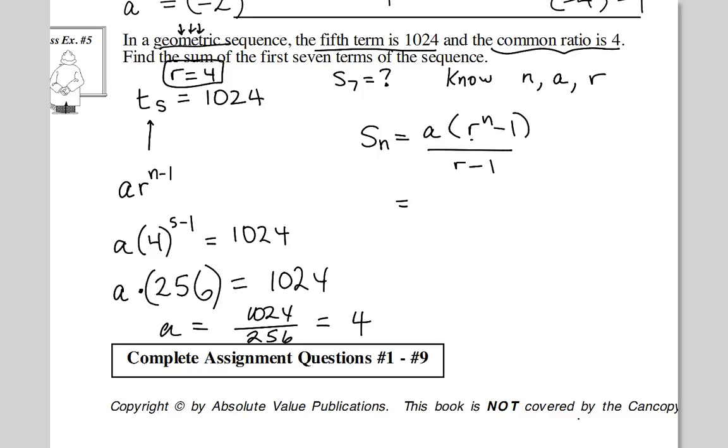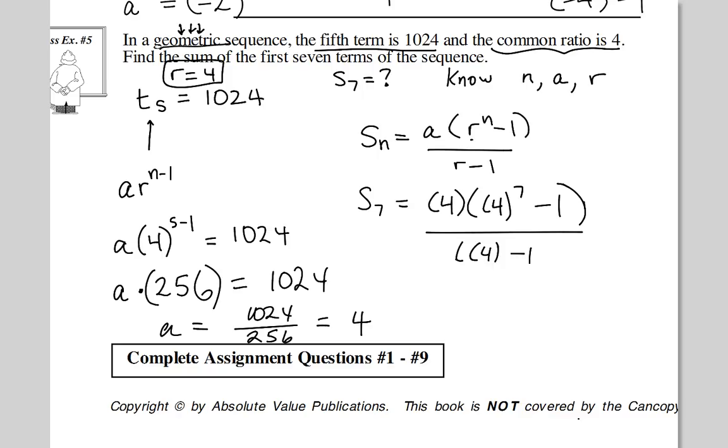Plugging in what we know, we found out that A was 4. R is also 4, to the power of 7 terms, right? First 7, we're finding S7, minus 1, all over 4 minus 1. Any issues with that? Okay, and I'll just do this one like if I had a scientific calculator